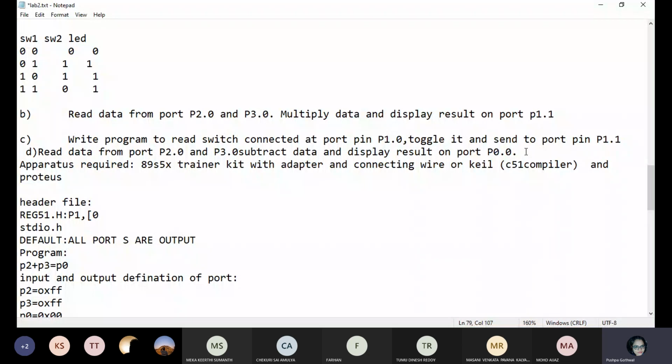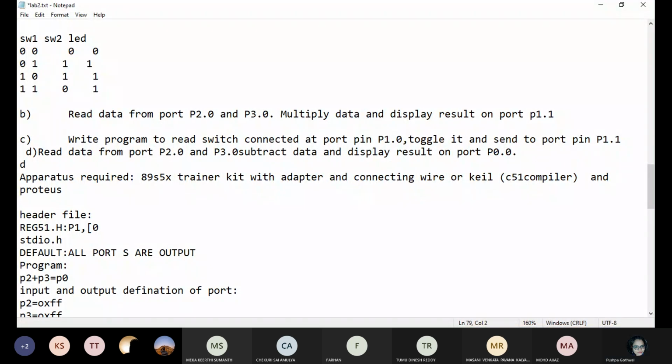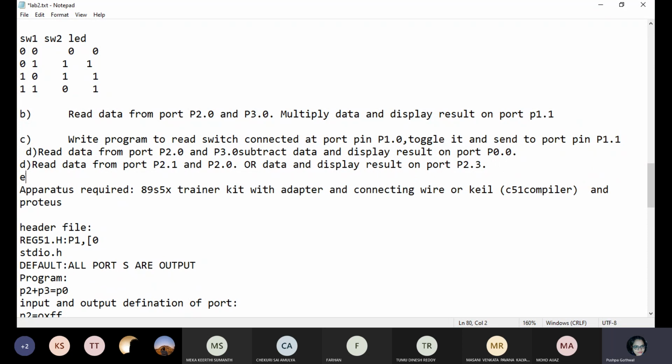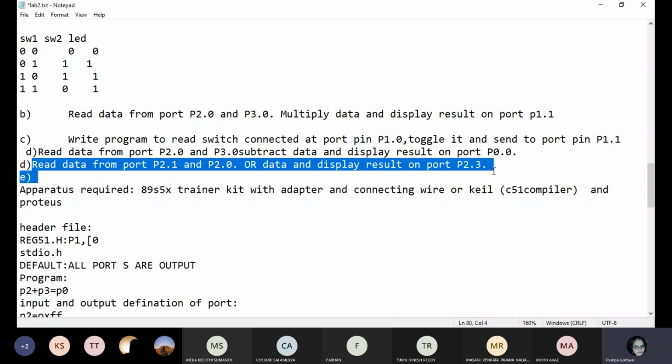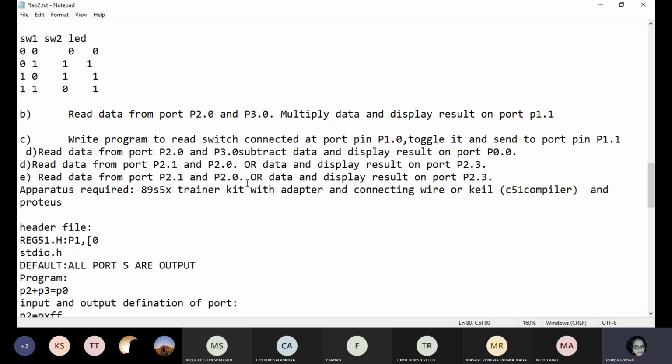Your D part will just perform the OR operation on the data, and later you have to perform E, and that program is you have to AND the data. AND is equivalent to multiplication operation, so no need to bother about it. So you have to perform the AND operation also, and next is the NOT operation. You have to perform this particular operation.